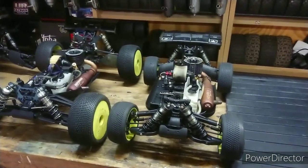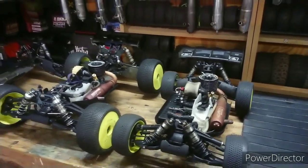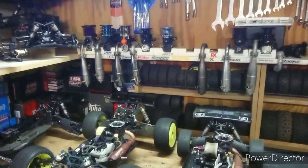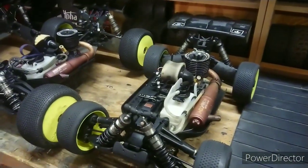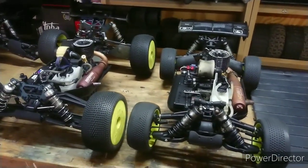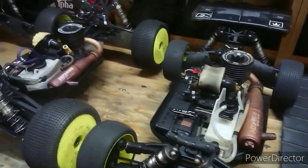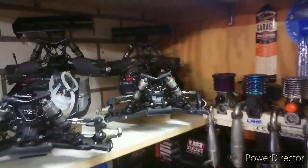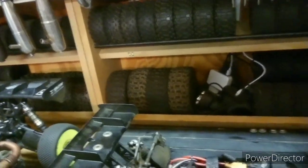I've been running the track a lot, but man, do we have a lousy summer over here. We had a lot of rain, and there were some dry days, so I had a chance to run these babies. But when the track is very wet, I've decided not to run these, and I only run the Elite E. And I actually had a problem with it. Let me show you. Still need to clean it, but